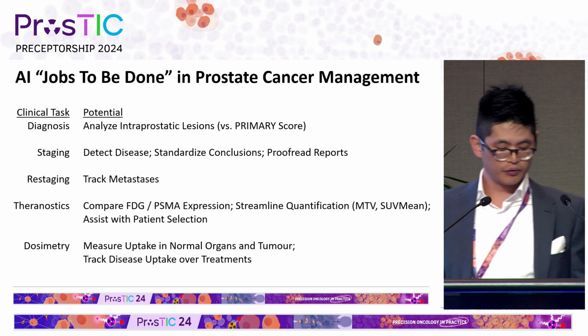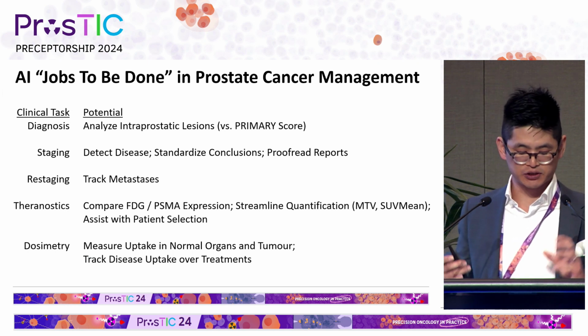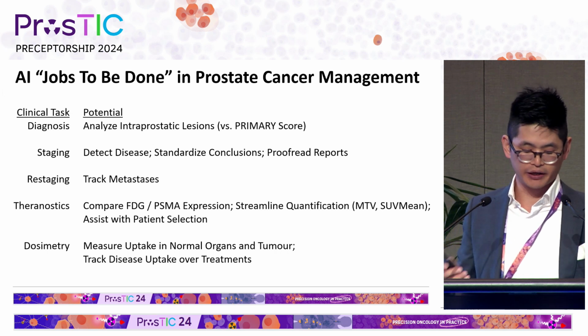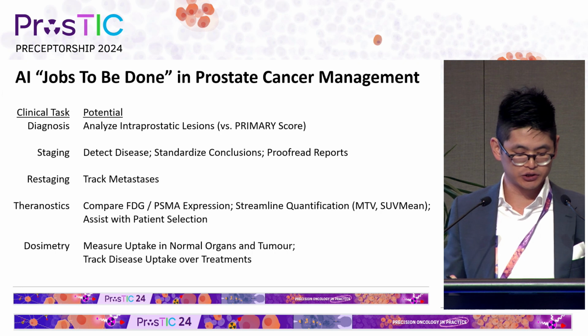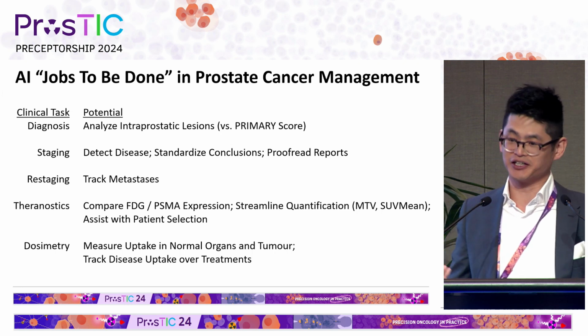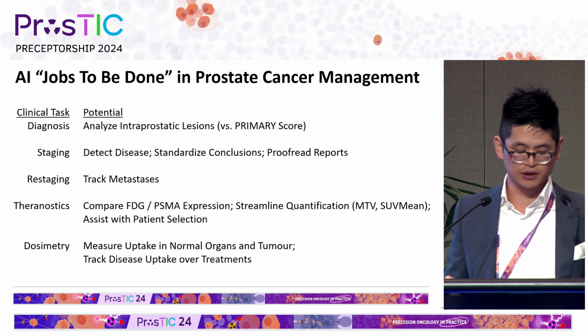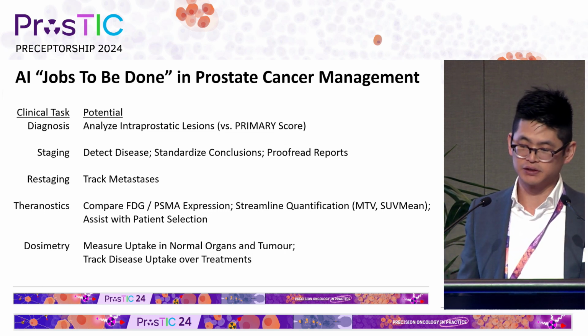Moving forward, we need to move beyond these technical steps and focus on actually the clinical task and subtasks applied to the specific prostate cancer patient journey. And we need to standardize these clinical tasks and subtasks because this will help us construct the sorts of trials we need to gather appropriate evidence.